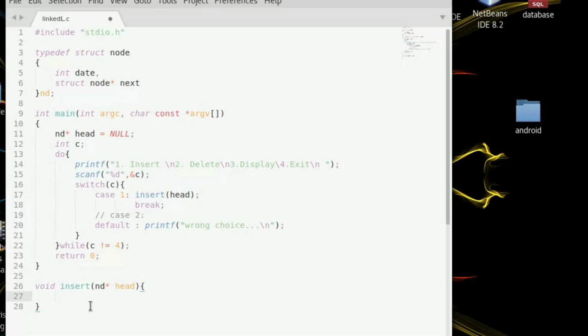So here, first of all, we can ask for integer, int data, or we can say element. Okay, so scanf percent d comma address of that element,